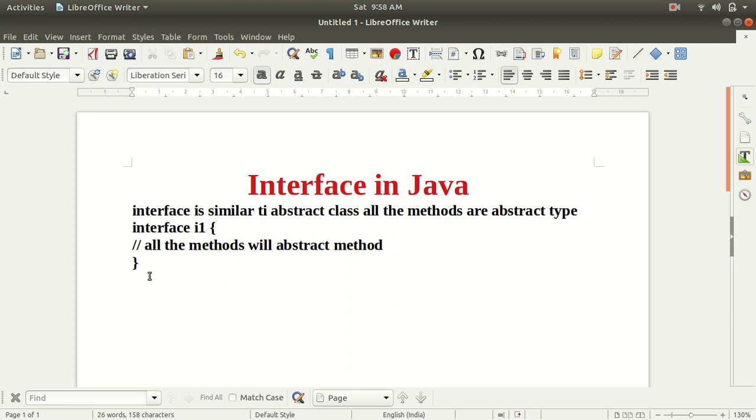Fine. And now guys, interfaces are the blueprint of a class. It specifies what a class must do and not how. So, the definition of the interface: interfaces are the blueprint of a class and they specify what a class must do and not how.